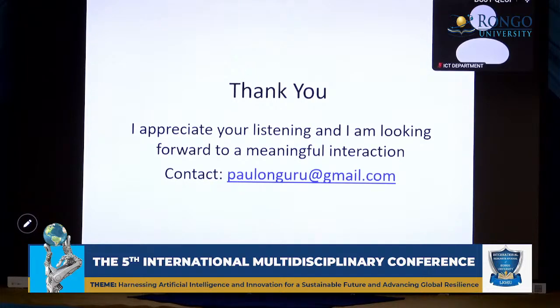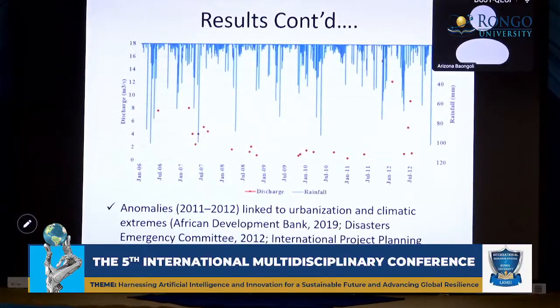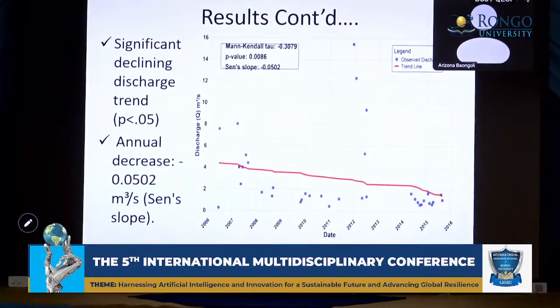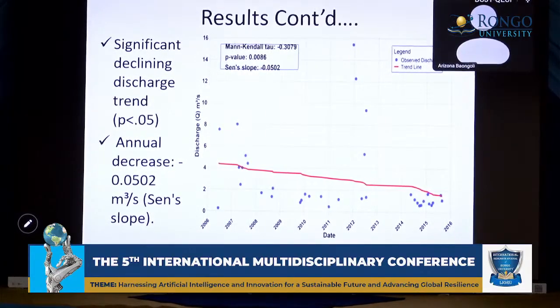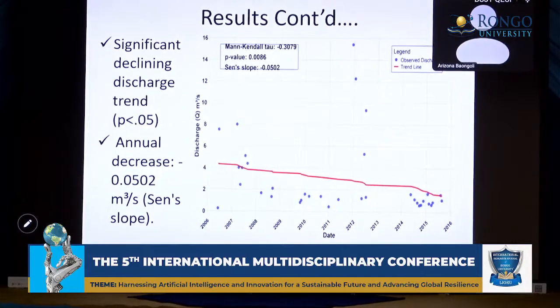None. Okay, Paul, I've seen one of your conclusions is that the stream discharge has been reducing in the last 10 years. Yes. What are some of the things that are being done to reverse the trend at the moment? Because I think that could threaten the livelihood and the economic activities around Kiambu, if I may be right, although I'm not an expert in this area.